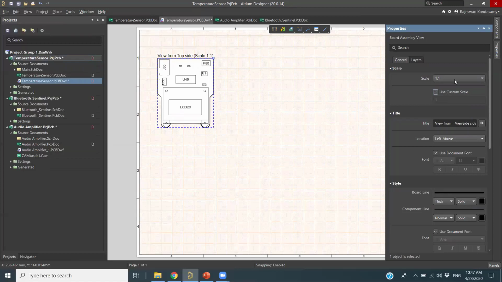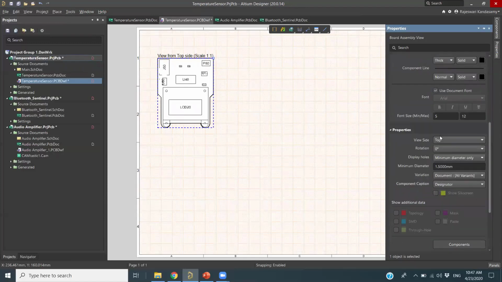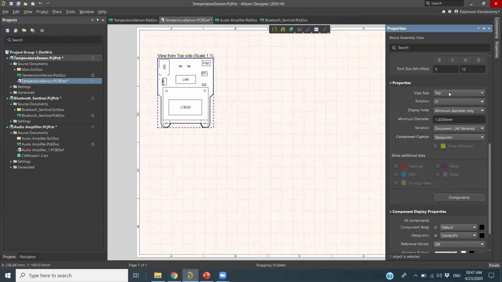Now I just go with the default size, and then coming down, you will be able to see the properties. The view side is the top side. You can change it to the bottom side of your board, or left side, right side, front, back. You can choose any side which you want to see for your board. Now I go with the top side, and you see I can see only the components in my board now. If I want to see the holes, then I can go for display holes.